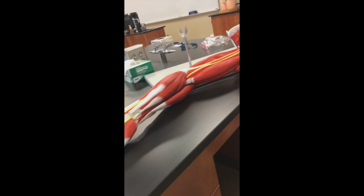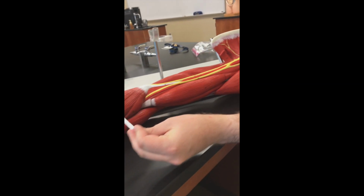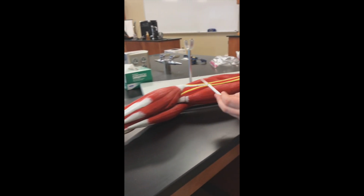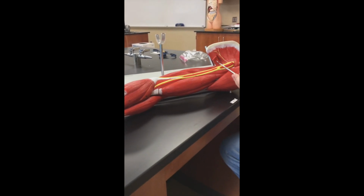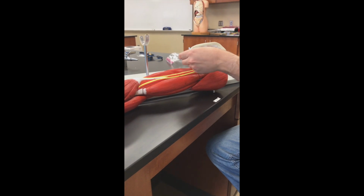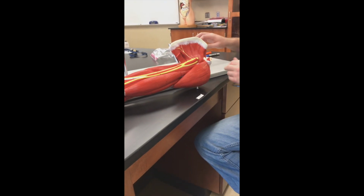So when you're talking about the lower arm, you're going to go from the shoulder all the way to the arm, forearm, and hand. And just remember, anytime you want to move something lower, you have to attach it higher. So if you want to be able to move the forearm, you have to attach higher by the scapula or the humerus. If you want to move the shoulder, you've got to attach it to the scapula and the clavicle. So first off, we're going to talk about the muscles that hold that arm in place, your rotator cuff